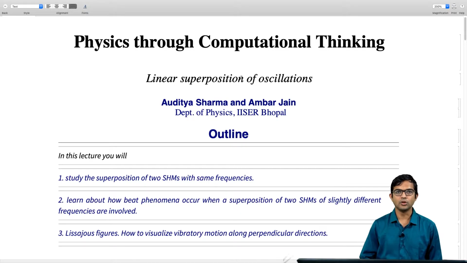In this lecture, we will look at the notion of linear superposition. We will look at how we can combine together oscillations and what kinds of signals can come out of linear superposition. So, we will first start by recalling some ideas of linear superposition, which perhaps you are already familiar with, and then we will see how, with the help of Mathematica, we can visualize some of these ideas.